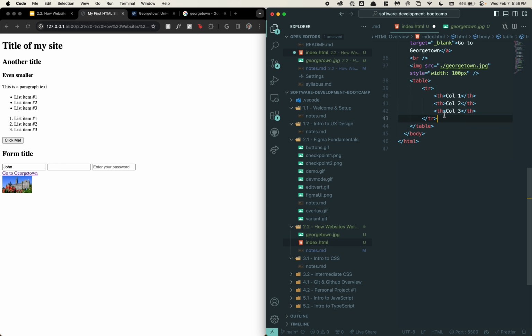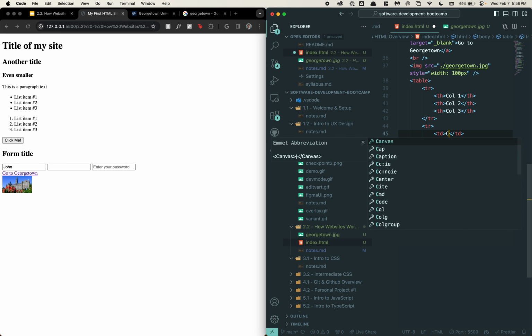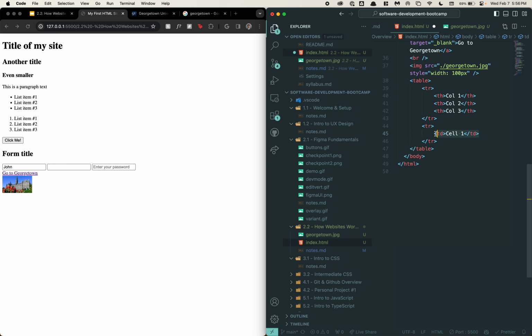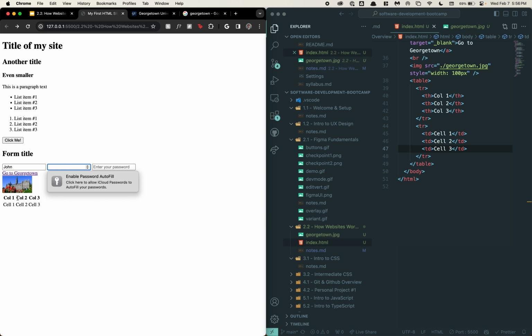And then I'm also going to add a new row. Instead of doing TH, I'm going to do TD. I actually don't know what the D stands for off the top of my head. It's just like a normal cell. And if I do cell 1, and then copy this into 3, and I save, we'll see that this is structured in a table-like view. Some browsers render it a little bit differently, and it'll actually have the grid defaulted to show. Mine isn't right now, but